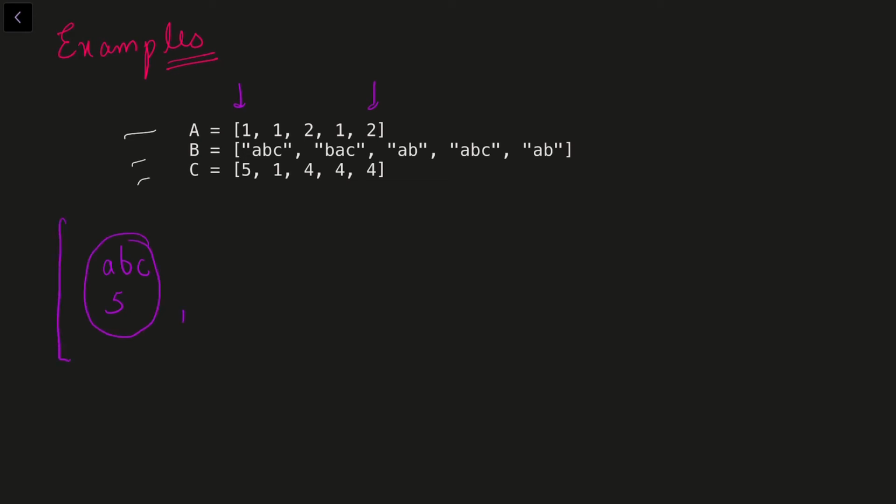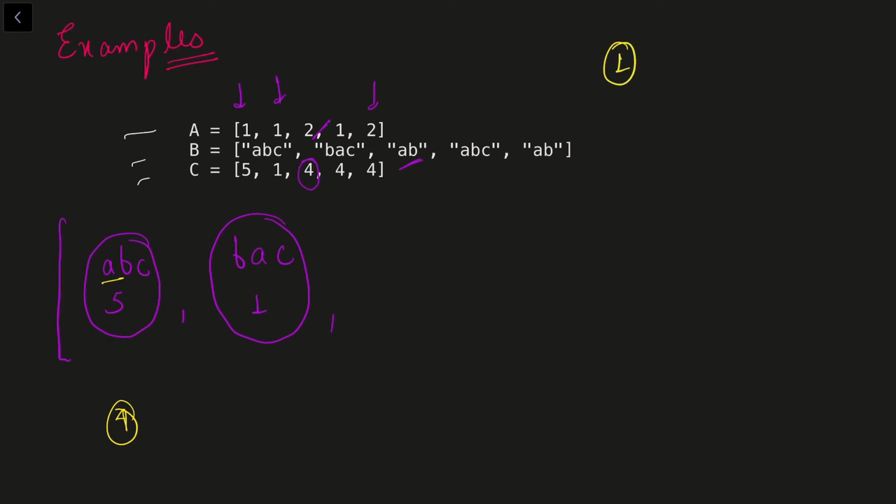Okay, now after that the second query is again type 1, so we need to insert BAC with key 1 inside our structure. After that we have a query of type 2, and the type 2 query has the string AB associated with it. So we need to search for all the strings which have prefix AB and whose keys are greater than or equal to 4, right? Here we can clearly see that out of these two strings the first string satisfies the conditions. AB is the prefix of this string and our current key is 4 and the key of this string is 5, which is greater than or equal to 4. So our answer in this case will be 1.